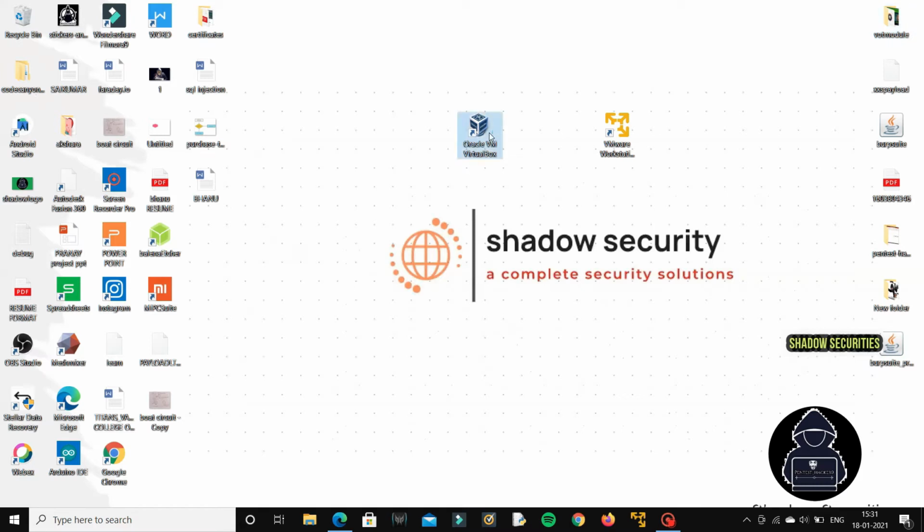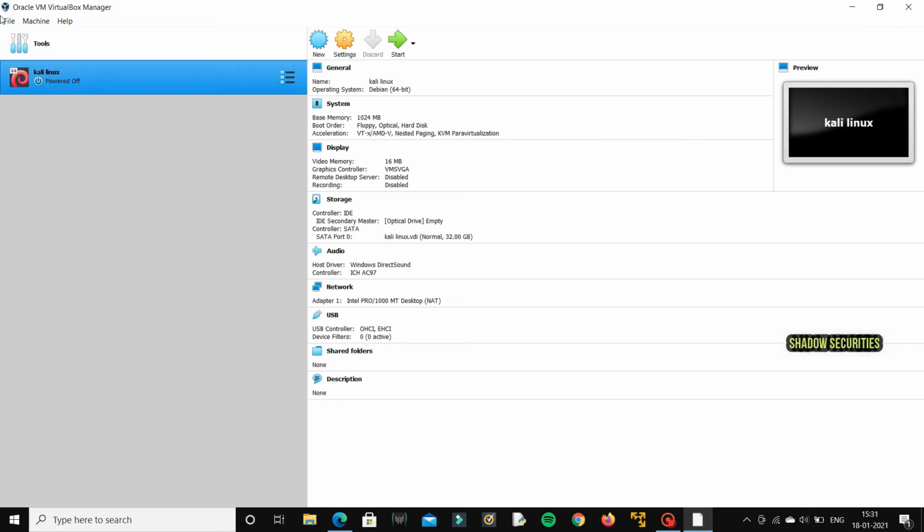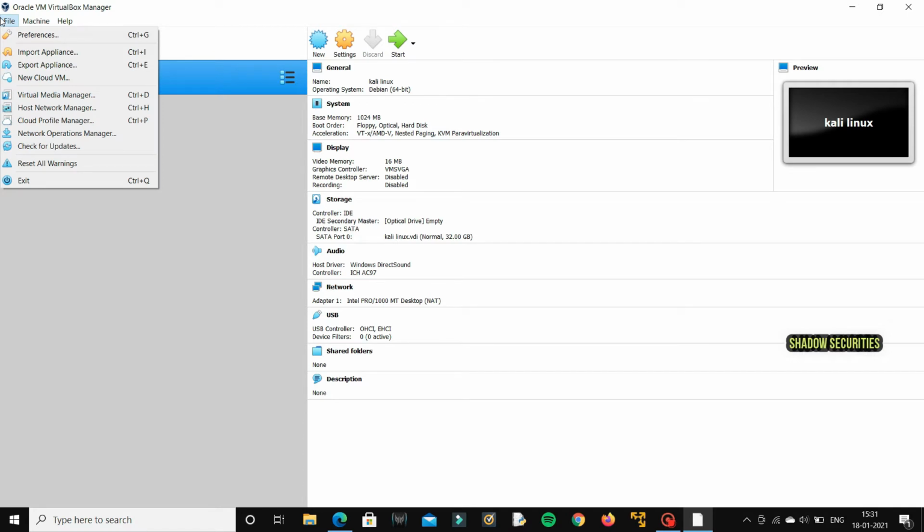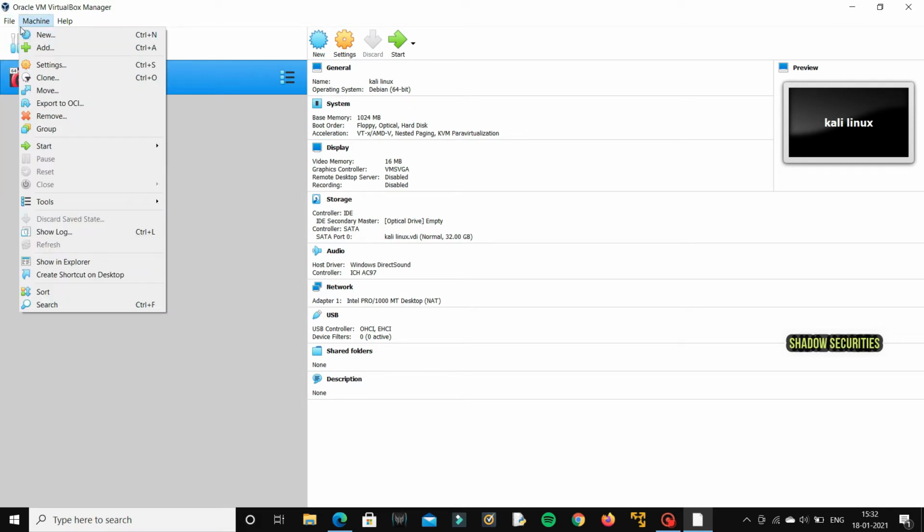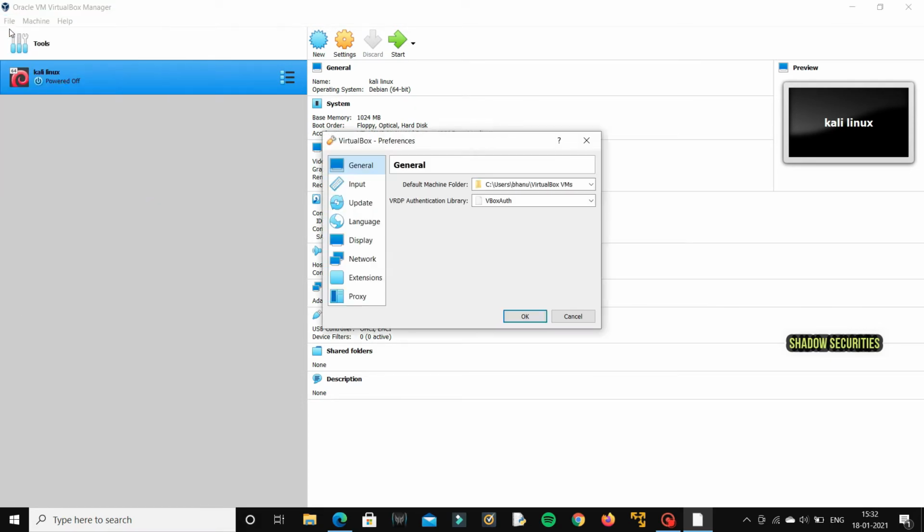After installation you simply open VirtualBox, and at the top left you will see the File option. Click on that, go to Preferences, and choose the Extensions option. Here mine is already installed.